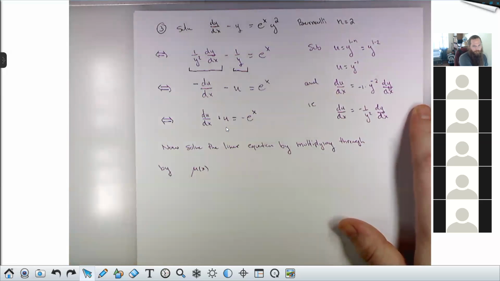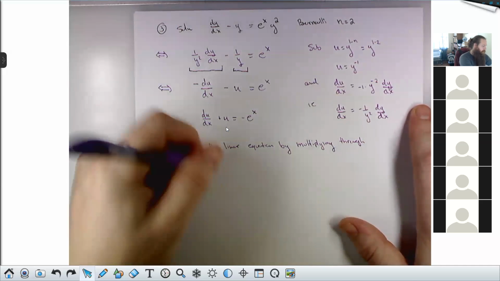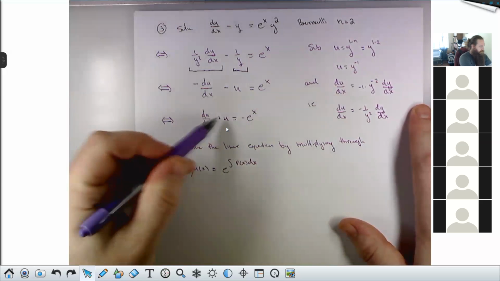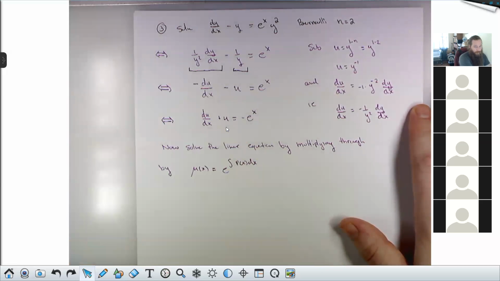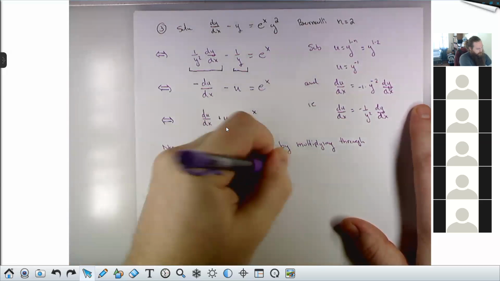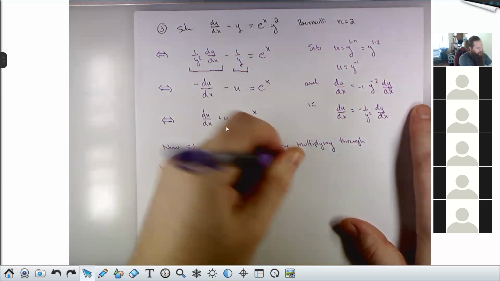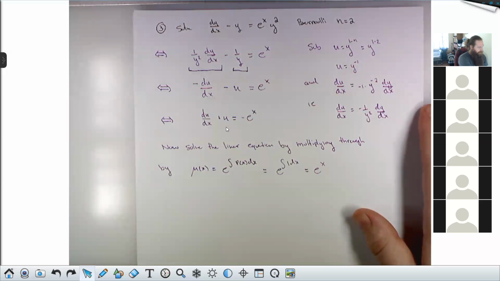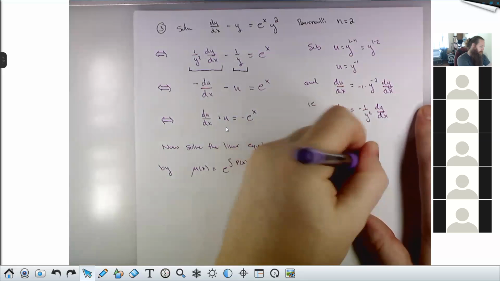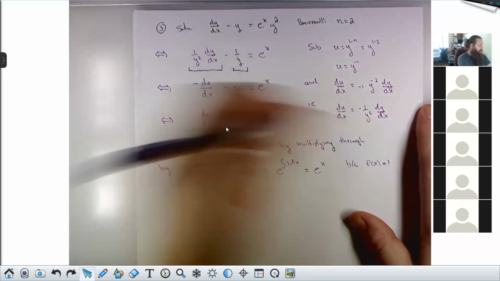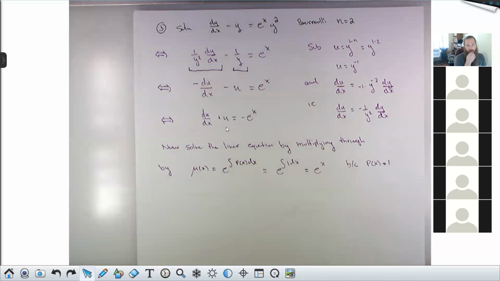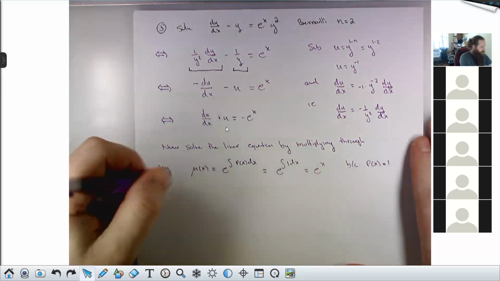So my integrating factor mu is always e to the integral of p of x dx. Here, p of x, rewriting it in this way, is just 1. So this is e to the integral of 1 dx, which is e to the x, because p of x is 1. P of x, remember, is the coefficient of the non-differentiated term in standard linear form. So my equation becomes